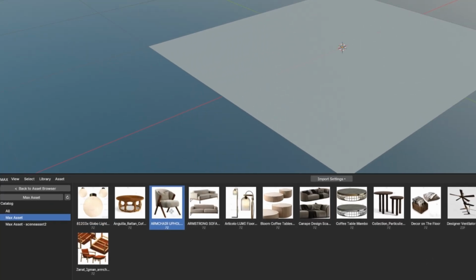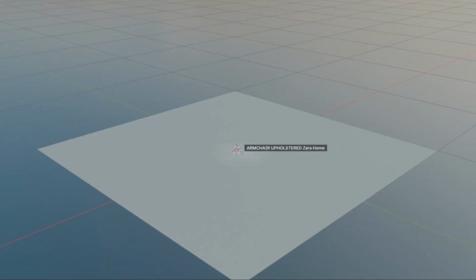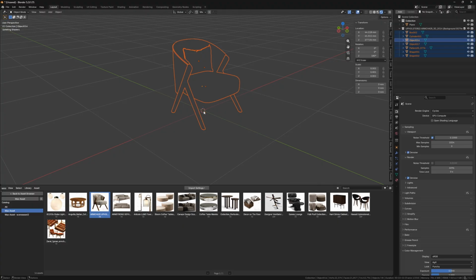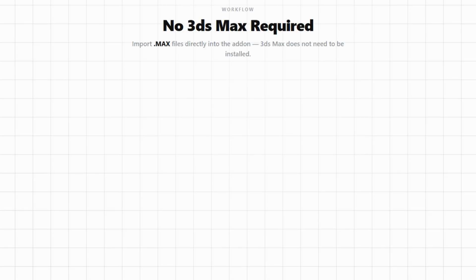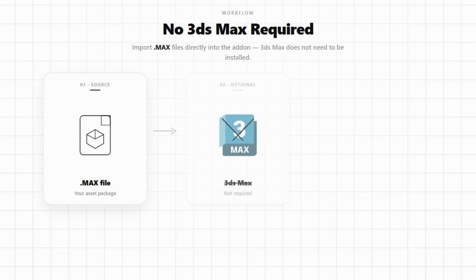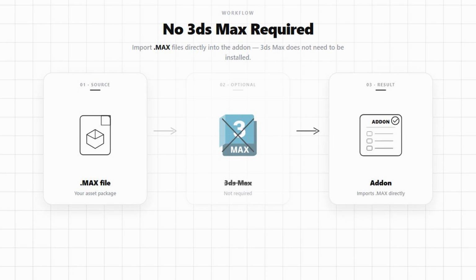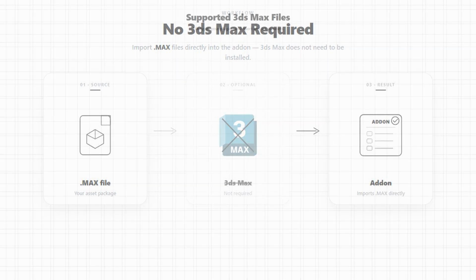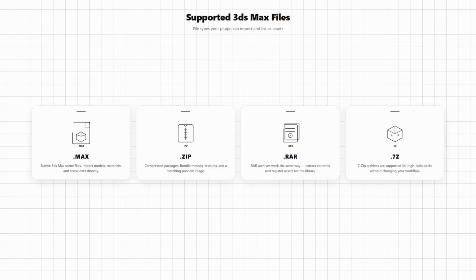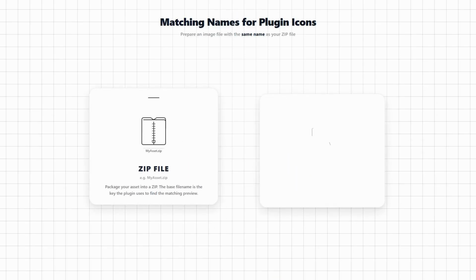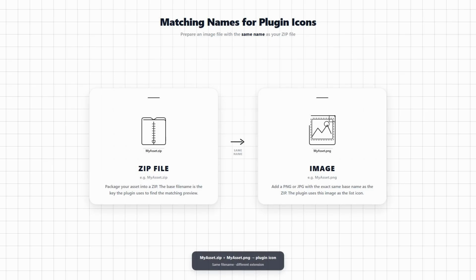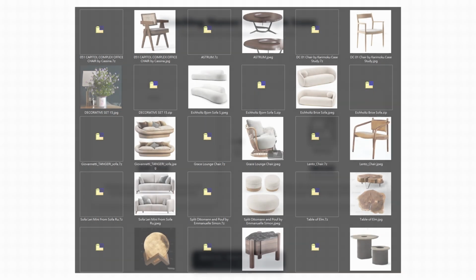Max Asset brings these models into Blender and can add them directly to the asset browser, while converting as much of the original material setup as possible. You do not need to install 3ds Max. The add-on supports original Max files as well as zip, RAR, and 7z archives. To show a thumbnail for an archived asset, simply place a PNG or JPG with the same base name in